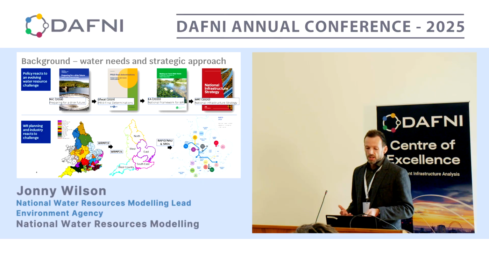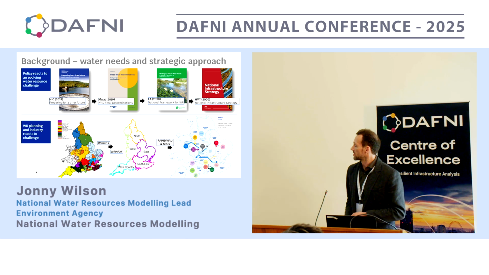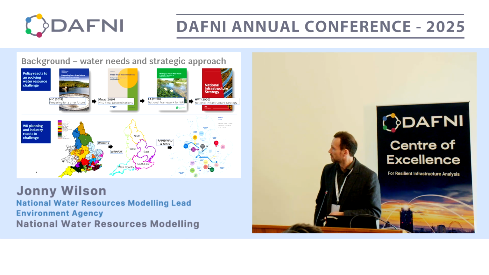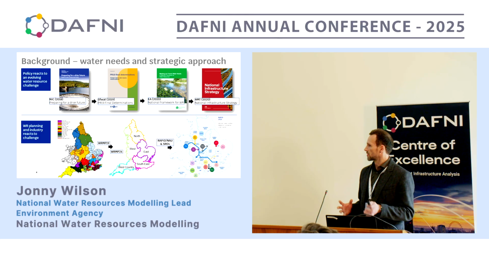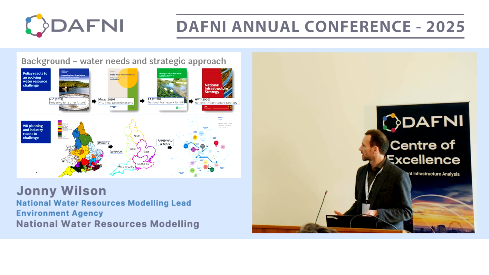Water companies also changed their approach to planning throughout that process. So back in WMP 2019, if you look at the bottom left of the slide here, you can see the 16 or 15 water companies that cover England and Wales. And regulators wrote to the water companies around the same time as the national framework and asked for them to think a bit more strategically in their planning.